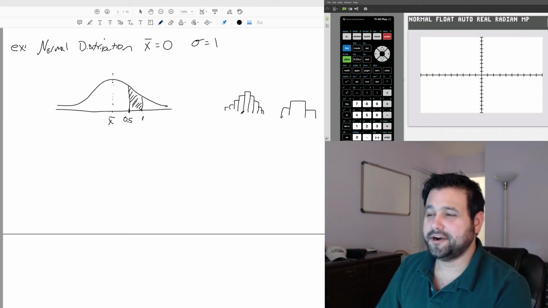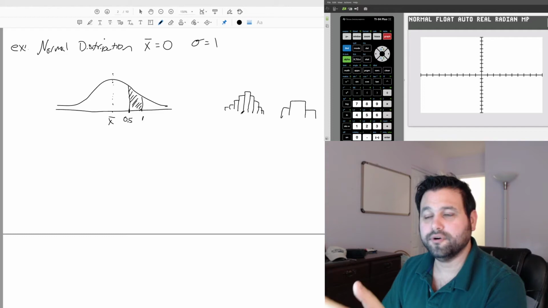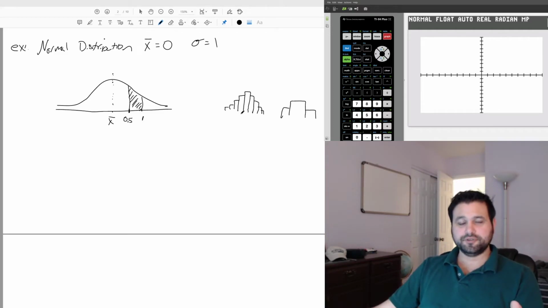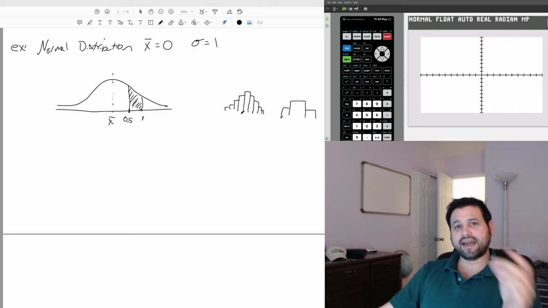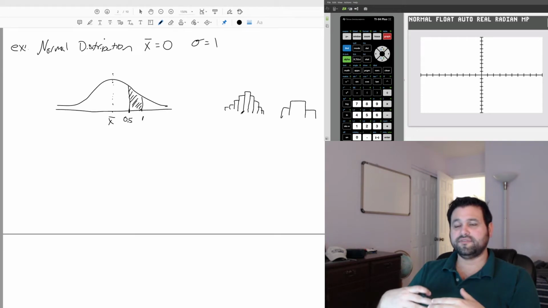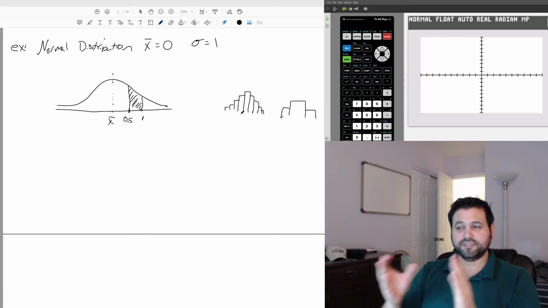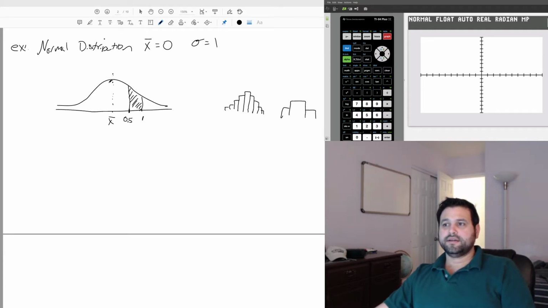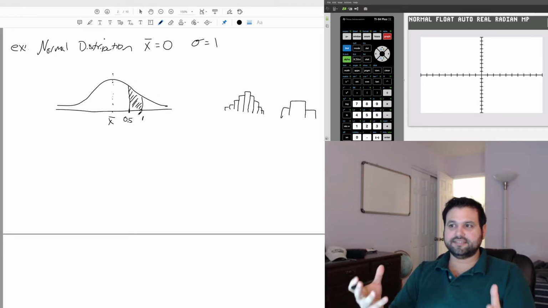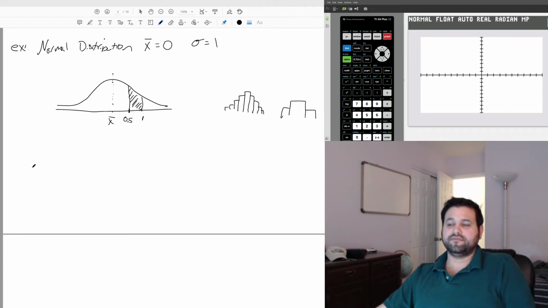The great thing about this, though, is our calculator is going to be able to do all of this calculation for the area under this curve for us. Just like we used with binomial distributions, Poisson distributions, geometric distributions, we have the calculator where we can input values and figure out the area between two values. We're not going to find individual probabilities because those are all zero. So this is, in essence, one of the most important parts of statistics, the normal curve and being able to use this normal curve. Okay,